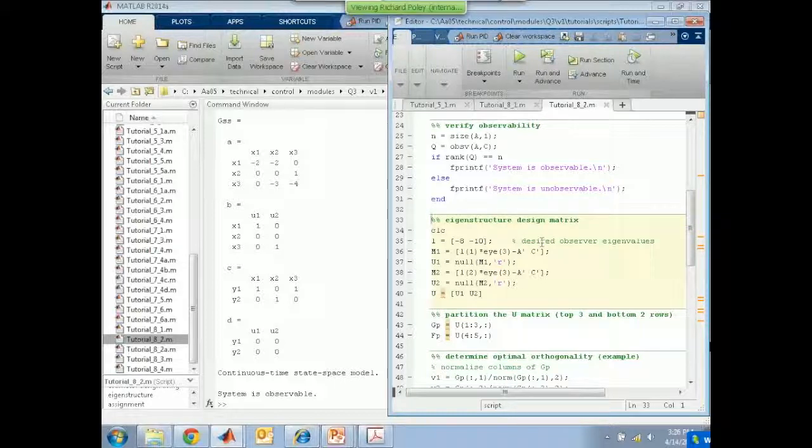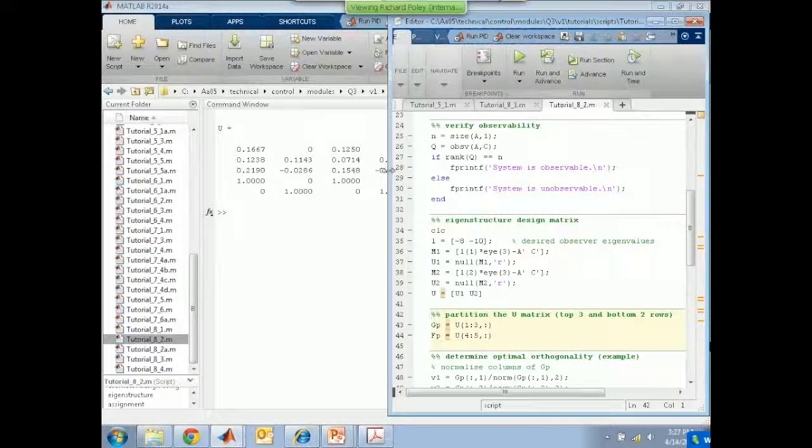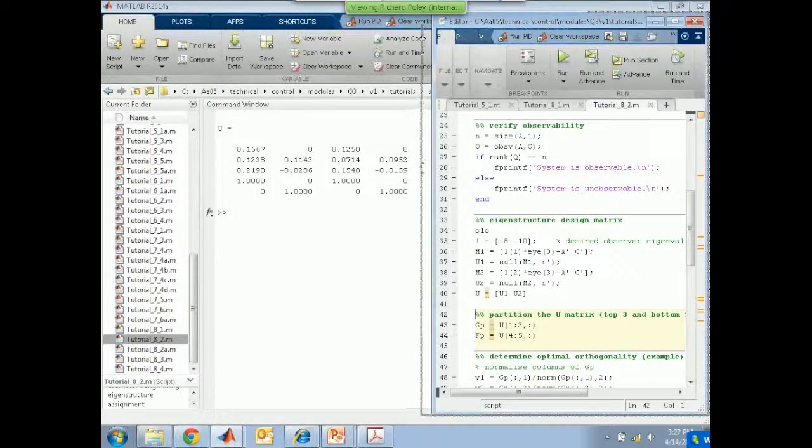So what you've got to do is select both columns from one of the eigenstructures and only one from the second eigenstructure. So you've only got 4 columns to play with. So when I build this, it's a 4-column matrix that we've got to play with.